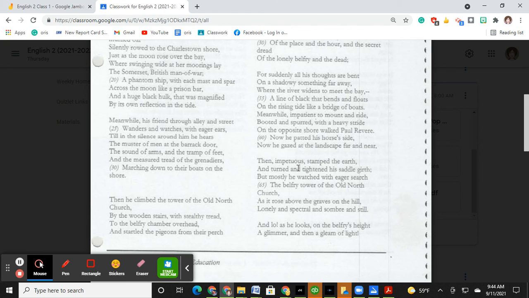Meanwhile, impatient to mount and ride, booted and spurred with a heavy stride, on the opposite shore walked Paul Revere. Now he patted his horse's side. Now he gazed at the landscape far and near. Then, impetuous, stamped the earth and turned and tightened his saddle girth. But mostly he watched with eager search the belfry tower of Old North Church, as it rose above the graves on the hill, lonely and spectral,